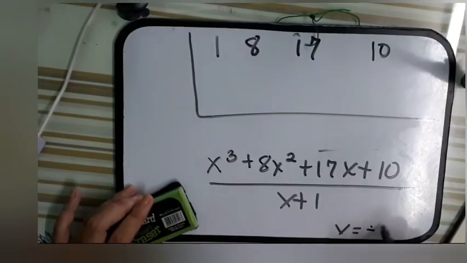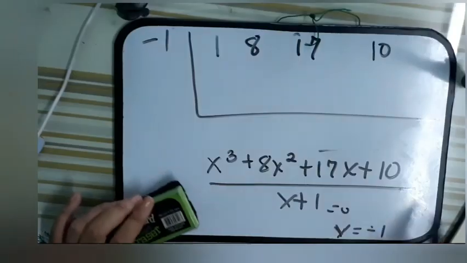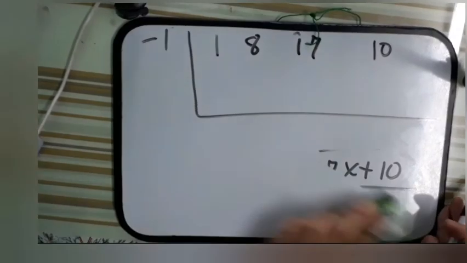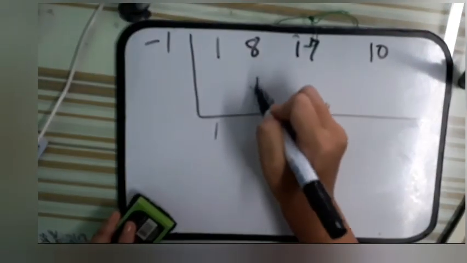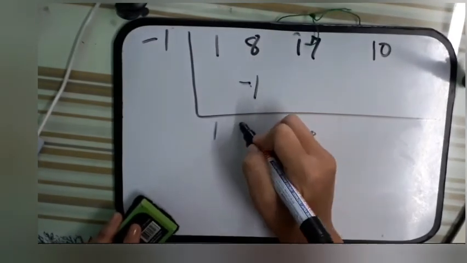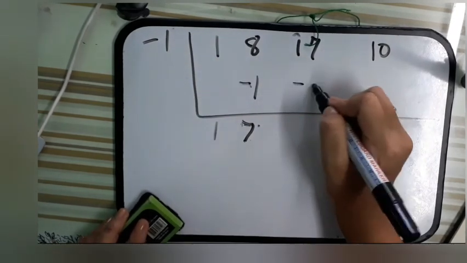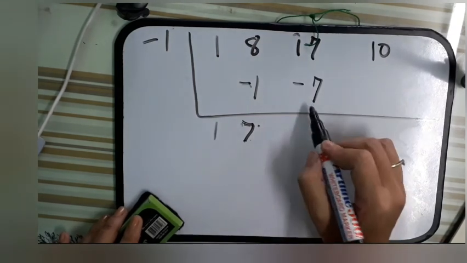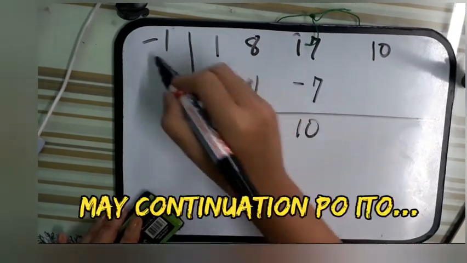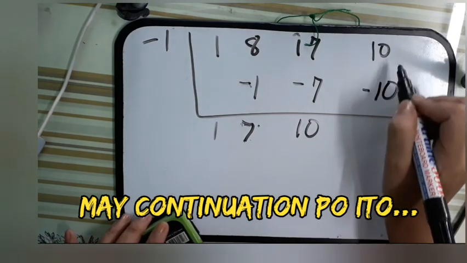Then this will become negative 1 because we equate x plus 1 to 0. So let's solve. Bring down 1. 1 times negative 1 is negative 1. 8 plus negative 1 is positive 7. 7 times negative 1 is negative 7. 17 plus negative 7 is 10. 10 times negative 1 is equal to negative 10. 10 minus